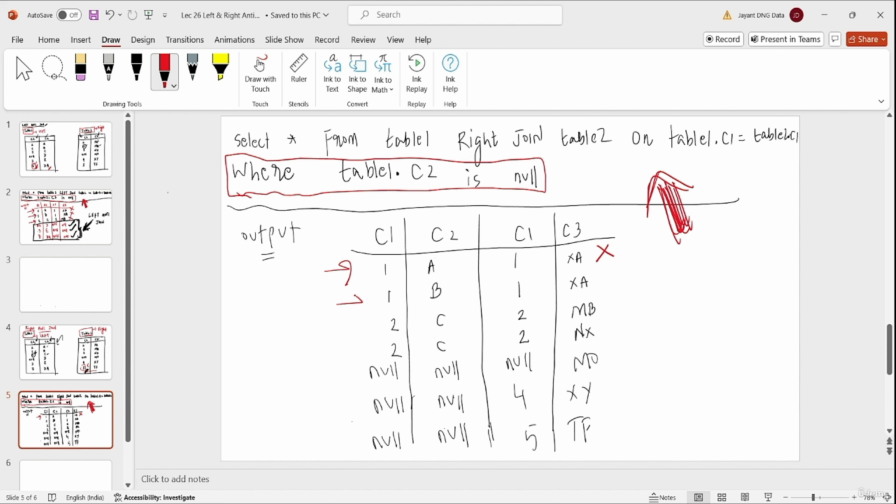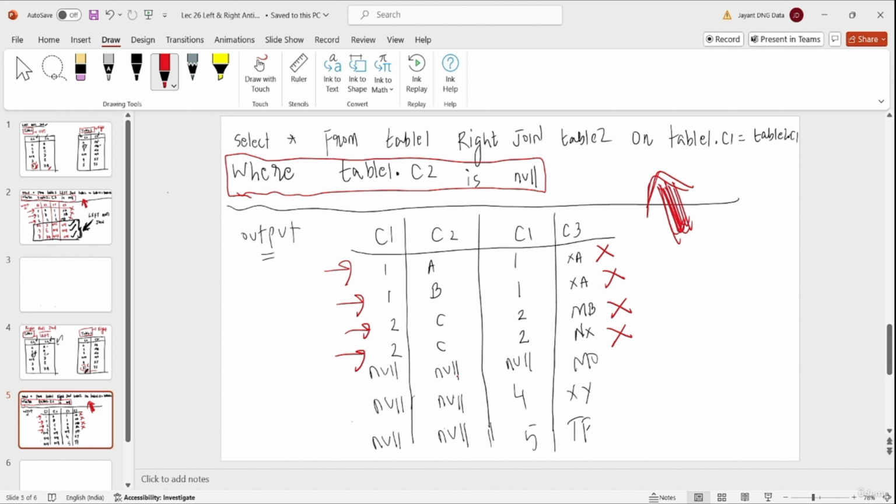If I talk about the second record, here C2 is B, so this will also not be part of the output. For the third record, the C2 column value is C, so this record will also not be part of the output. For the fourth record, the C2 column value is C, which is not null, so this fourth record will also not be part of the output.